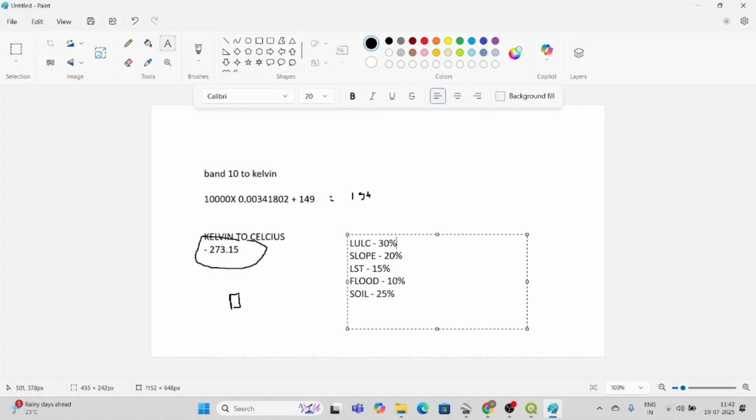Just like I told you at first, if you are going to build a house, you will be thinking about temperature and the environment or flooded area. If you are going to build an office, you will think about the soil capacity, right? So here also I depend on the situation and my objective, and I'm assigning the weights. For LULC is my major priority.